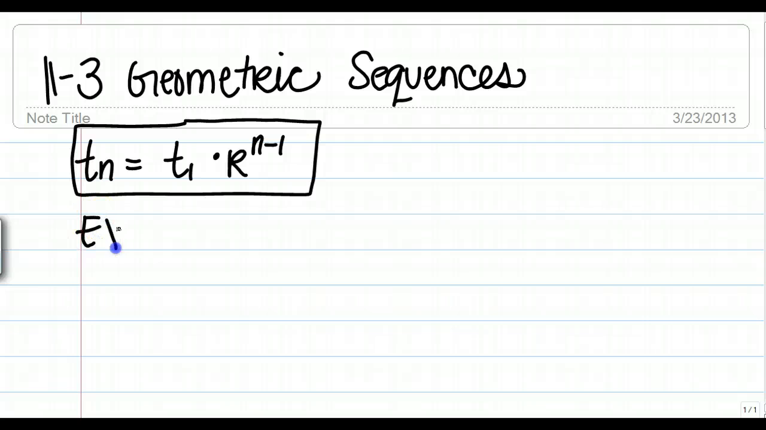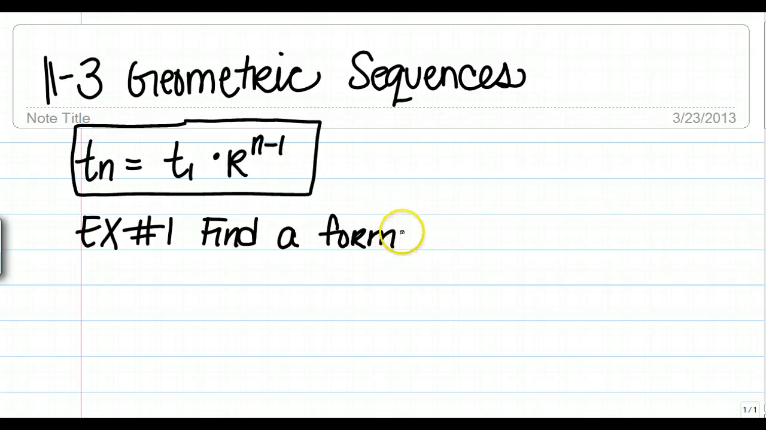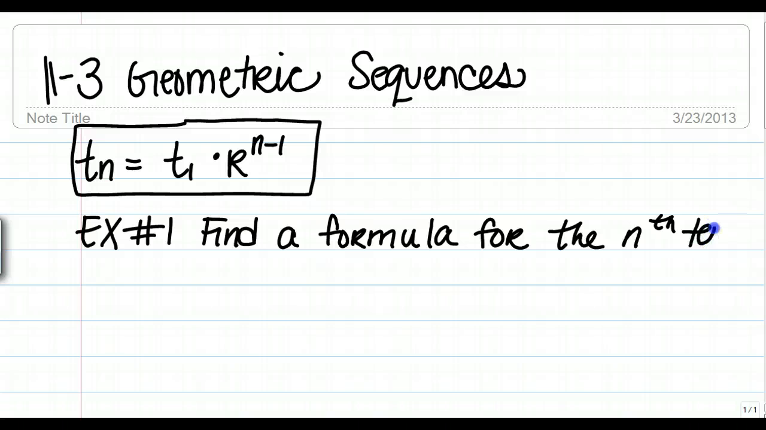and you will have some similar questions like last night, except it's talking about geometric instead of arithmetic. So you can also find a formula for a geometric sequence. In this case, it is asking to find the formula for the nth term of the sequence,